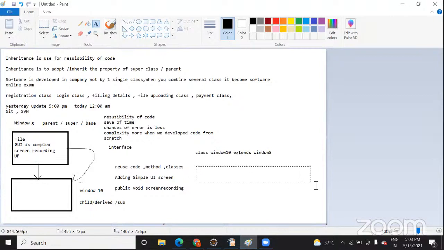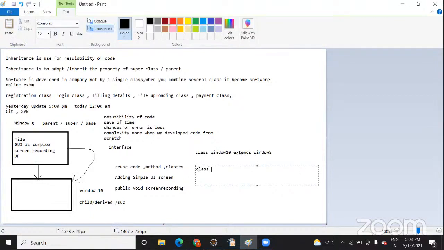But when you try to do this, class Window 10 extends Window 8, Window 7, it will give you an error, because multiple inheritance is not supported.